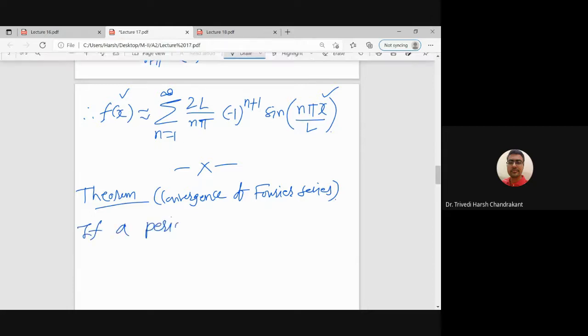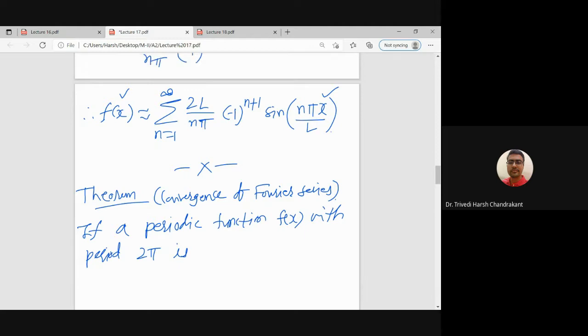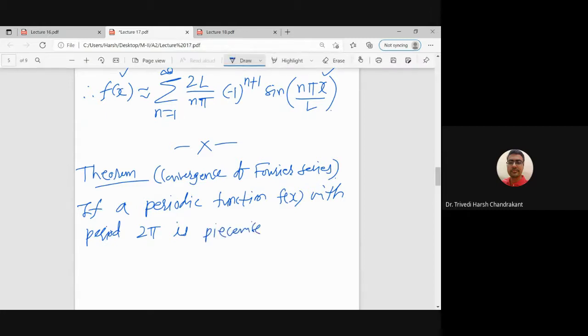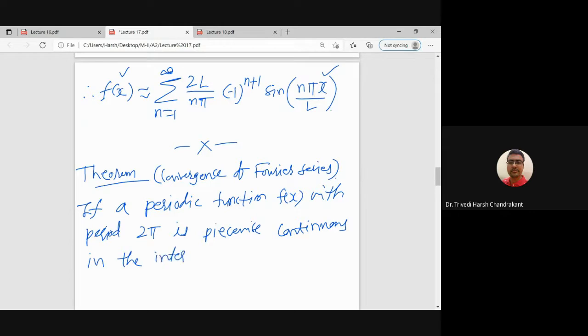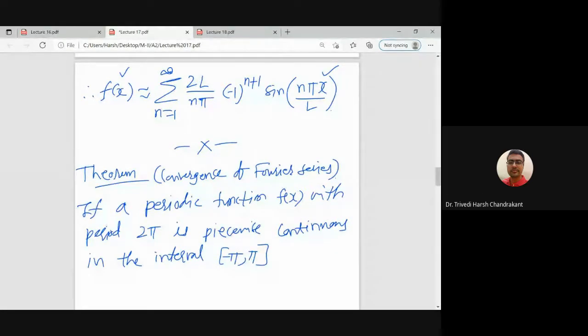So if a periodic function f(x) with period 2 pi, so we shall state this result only for 2 pi periodic function, but that also is true for any general periodic function. So if the given function is piecewise continuous function, minus pi to pi, right? Yeah, any doubt? Okay, so if the given function is 2 pi periodic function which is piecewise continuous in the interval minus pi to pi, and it has